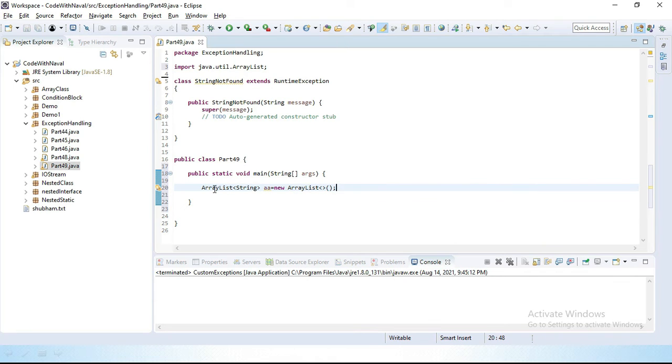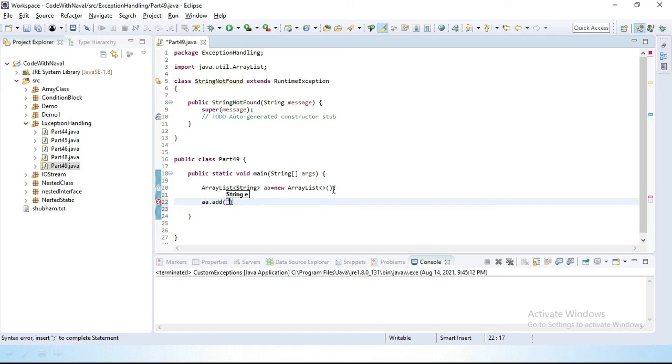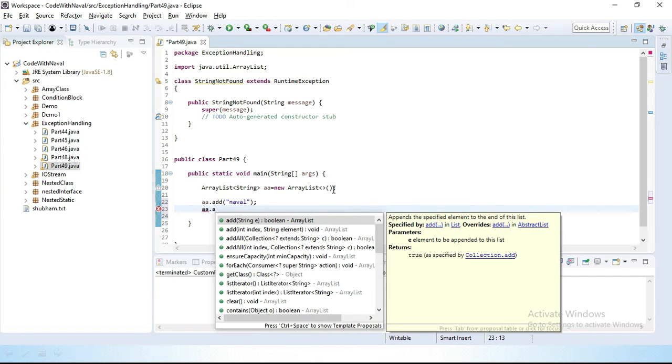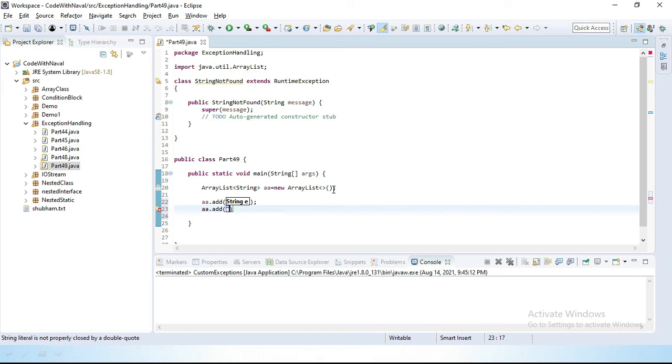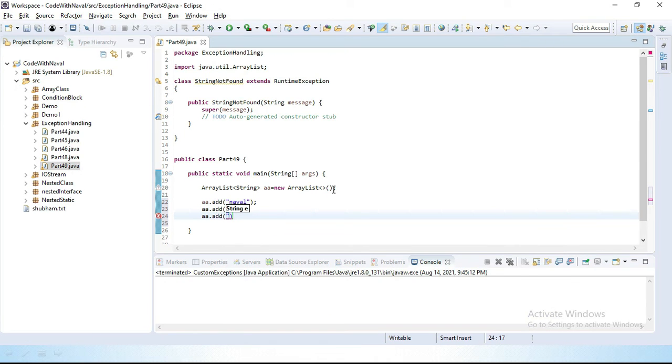You can see we created one ArrayList. I'll store a few values inside the ArrayList, with add string. I'll give my name, then any random value with AA.add, and here Ram, then AA.add and here Sham. Here we added three names.